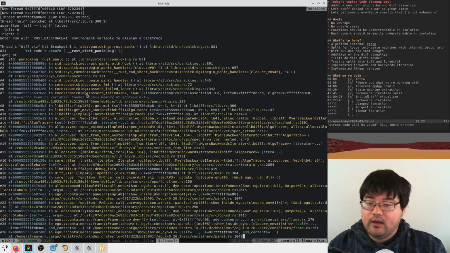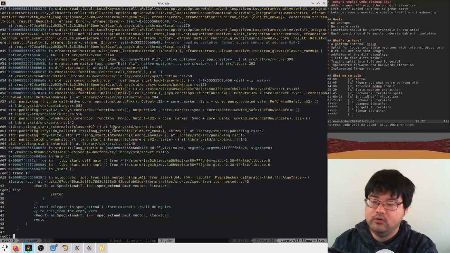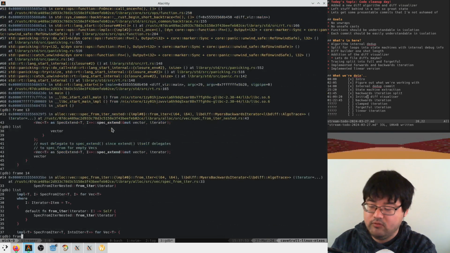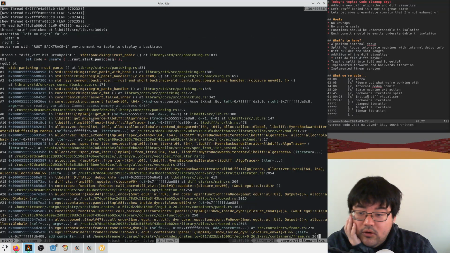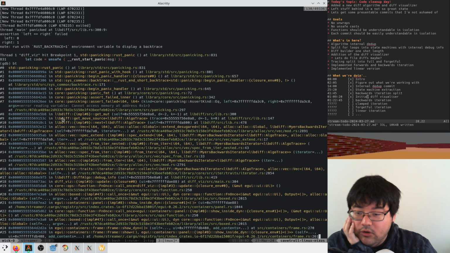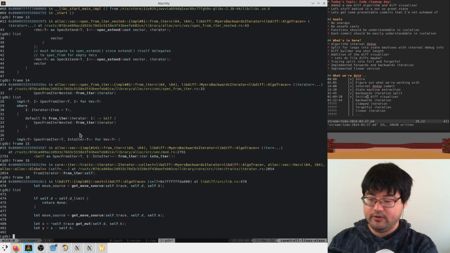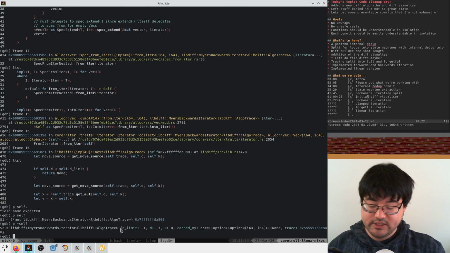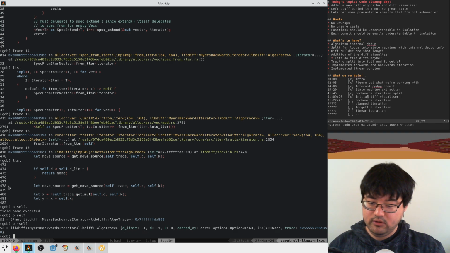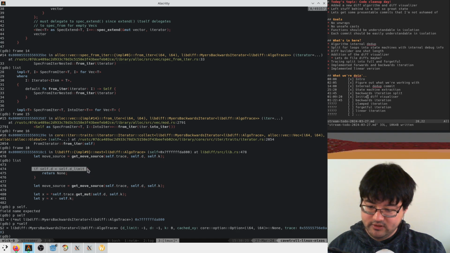And we need to look at maybe frame 13, frame 14, frame 15, frame 16. I could have sworn it was 13. Get move source. Frame 9, frame 10, maybe. Okay. So here we have D limit -1, D -1. And we are here. If self.d is less than self.d limit, which it's not,